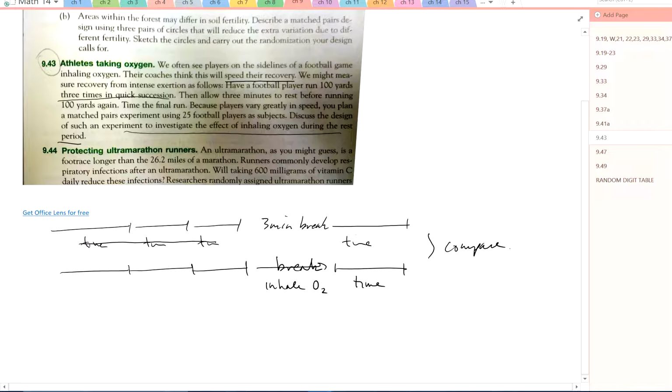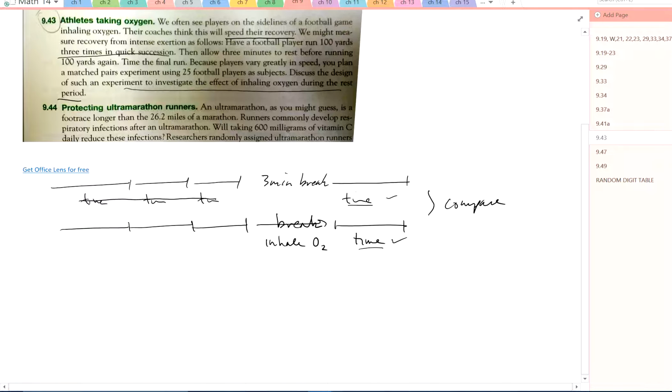Now, the whole idea of a matched pairs is that I don't want to compare some guy like Jesse Owens to me, for instance, because that's not going to help. He doesn't need a break, and he's going to beat the pants off me. Well, in his prime, he's dead now. But anyway, I could take as much oxygen as I needed, and I'd never beat him. So there we go. I could have picked somebody that's actually alive. Go figure. All right.